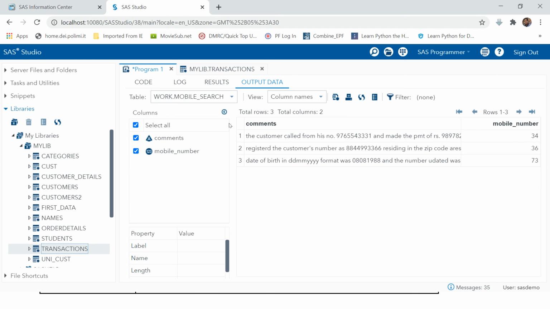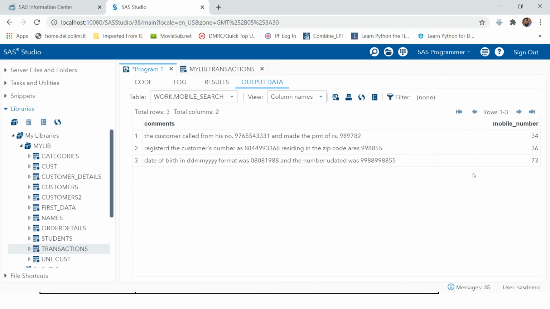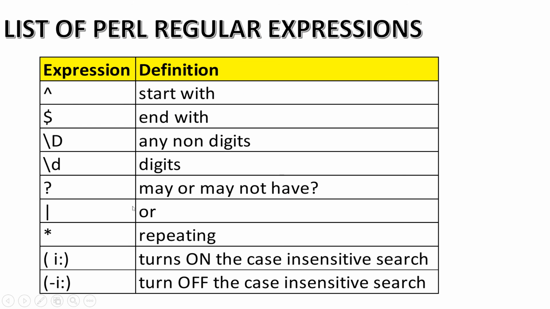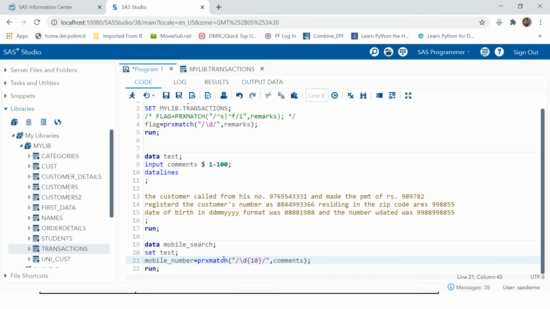Previously it was returning some other value. Now this says 73. So this mobile number starts at the 73rd position. So this is how you can look for a mobile or digit value. I mean, this will tell you whether a string contains a digit or mobile number or not. Again, there could be some other number which is 10 digits long but not a mobile number. For that you can again use the regular expression in combination and try that. I encourage you to go ahead and try that. If you face any problem, you can just put in a comment and I'll help you out.